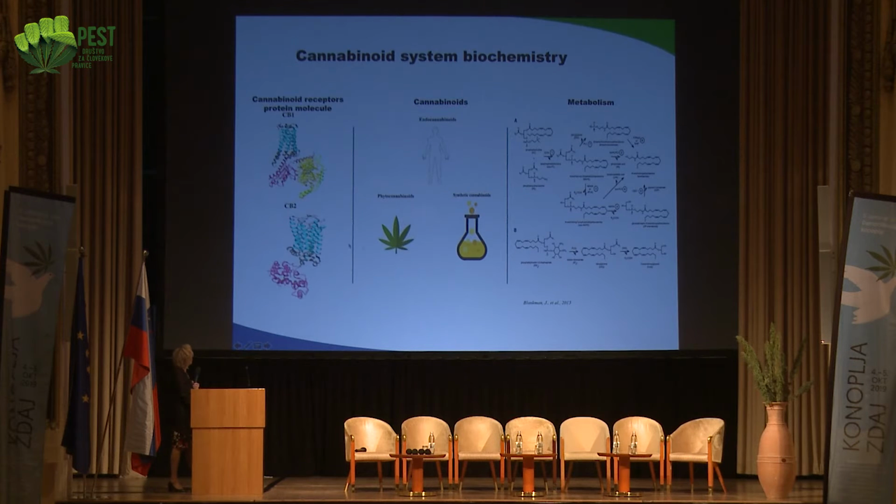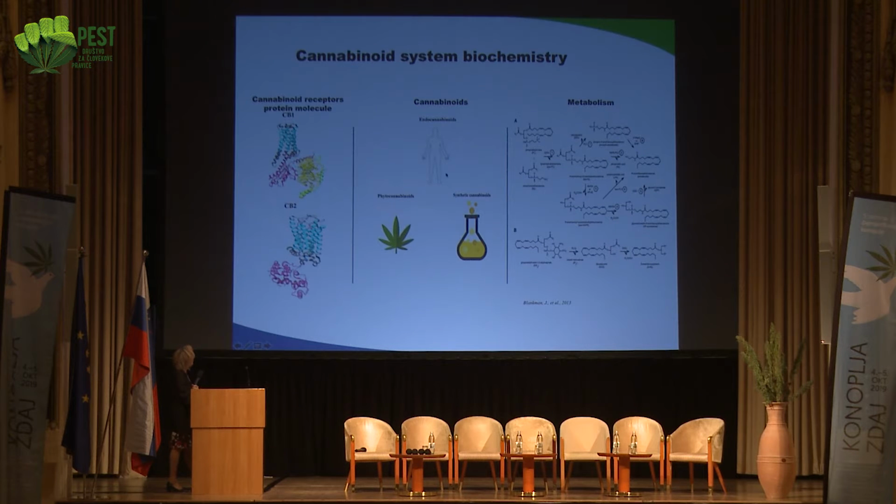So this is problem number 1, because people or even doctors are not sure what kind of plant to prescribe. And that's why there's now a tendency that we can purify from the plant or make synthetic cannabinoids. And quite some differences were found. Extracts from the whole plant were more effective, maybe also due to other components that are present in minor amounts, and this is what they call the entourage effect. So the effect of other components which are not well defined, and it's very hard to analyze each particular plant that you are going to eat or to consume.